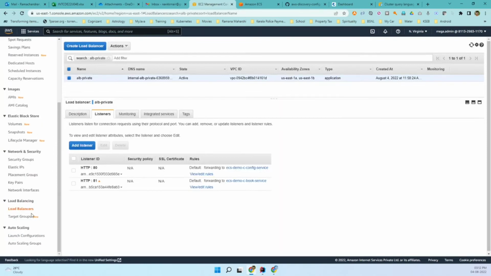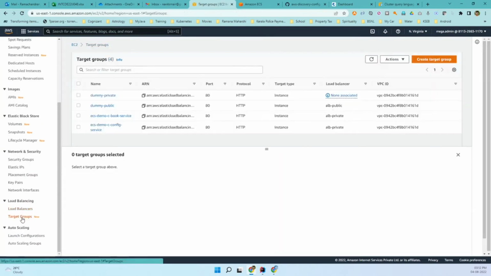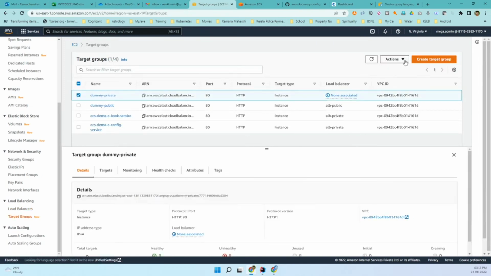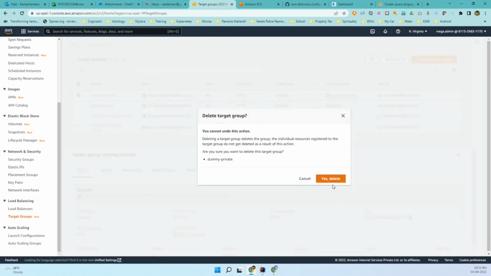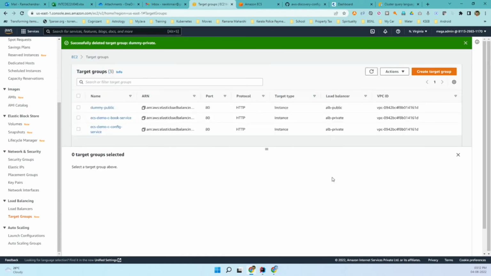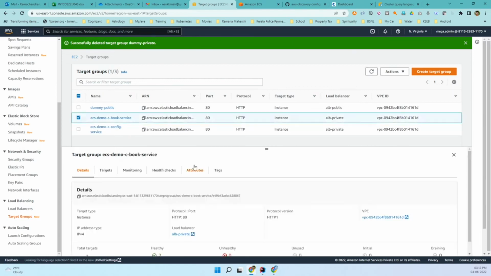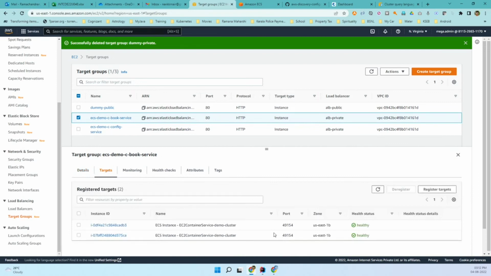That's all we need to do. Let us then go back to the target group. And now the use of this dummy private is over. So let us delete that particular target group. Of course, we'll be deleting this dummy public also very soon once the API gateway is set up. So again, I want to recheck whether everything is working. Yes, the book service, two instances are running and they are healthy,